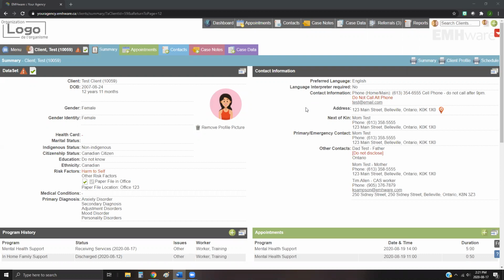So today we're going to talk about all of the things that you can do within the client file, and we're going to start out of a client file that we've already accessed using our My Client list. And you can see that currently we are on the summary page, but we're going to look at the client